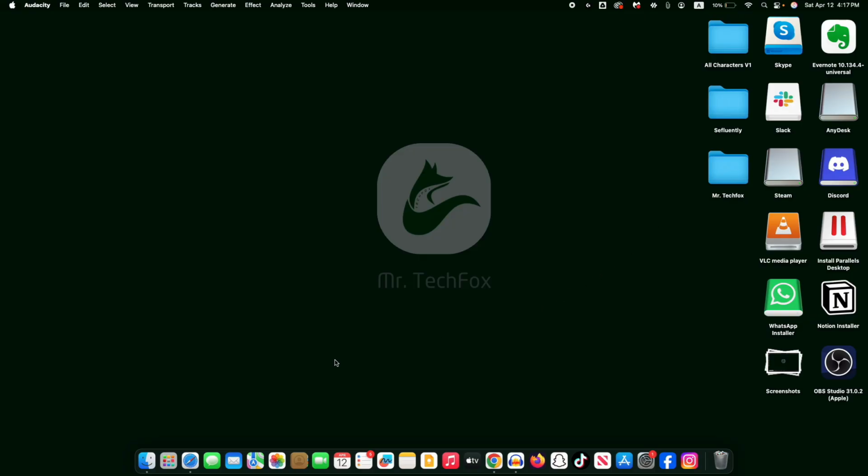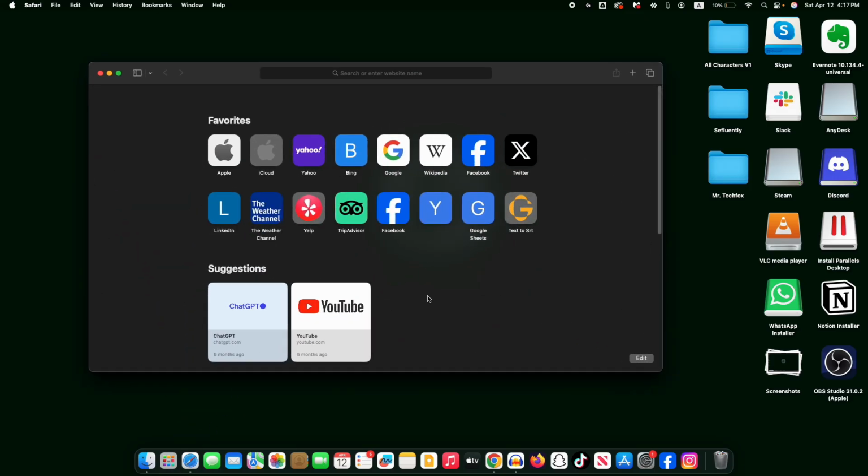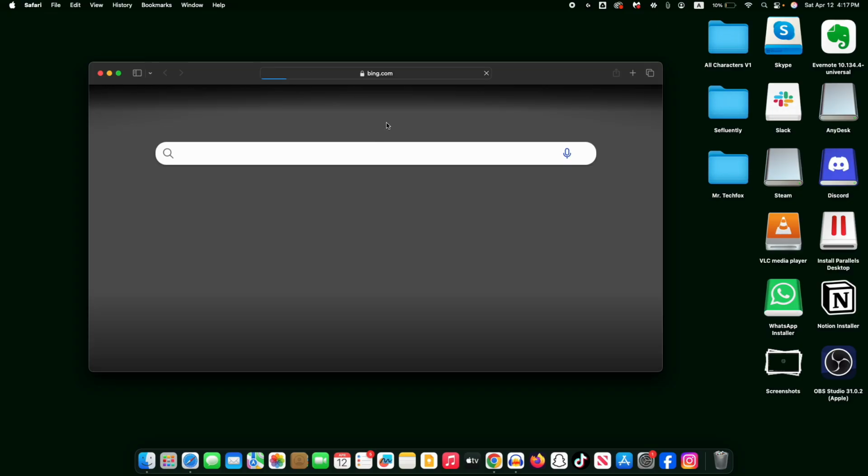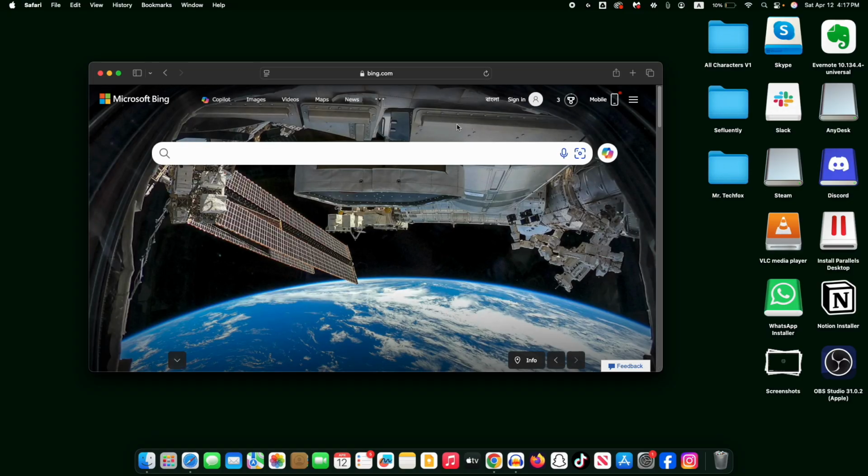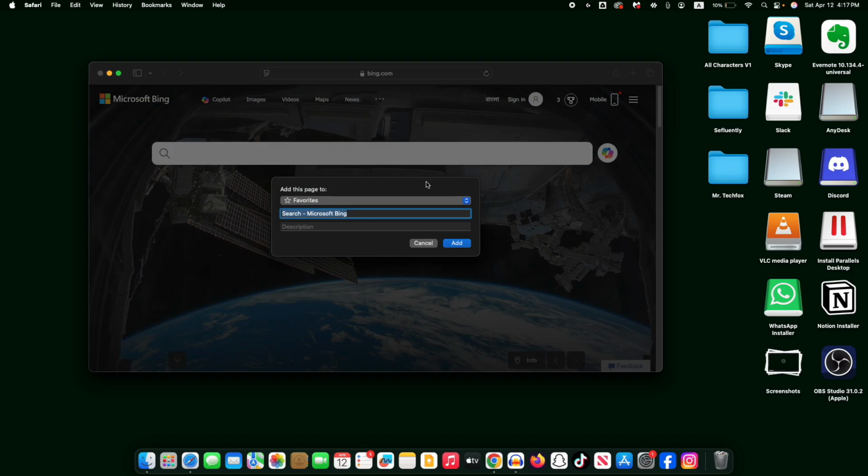So normally open your Firefox browser and then visit the website you want to bookmark. For example, bing.com. And now we want to save it as a bookmark. To do that, normally press on your keyboard Command plus D together and you will see a pop-up window